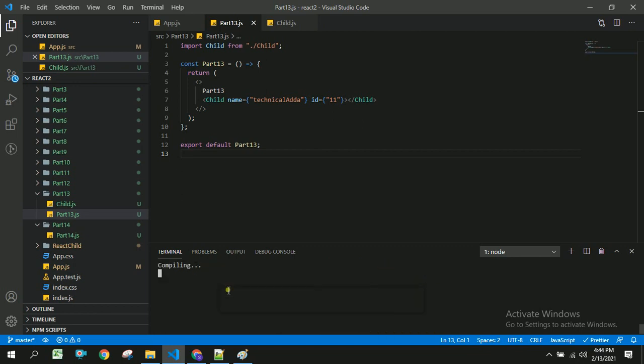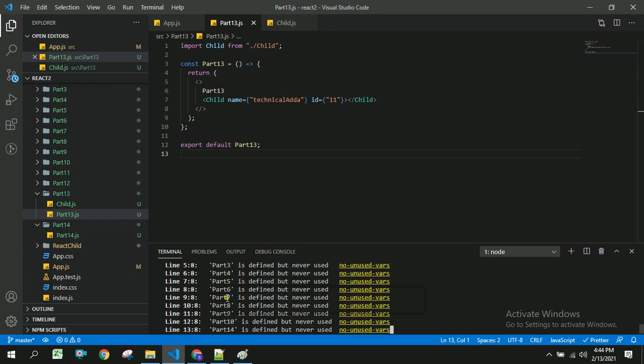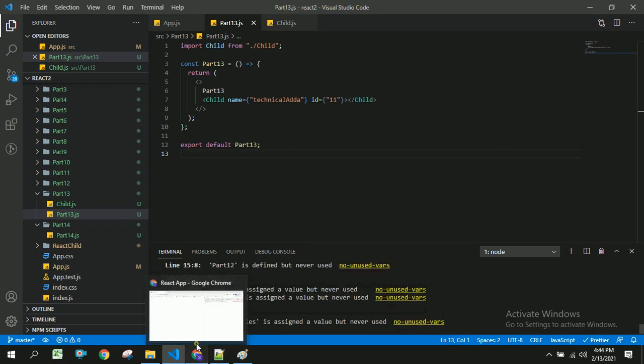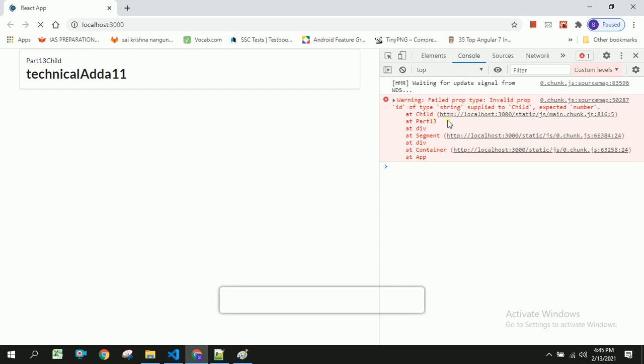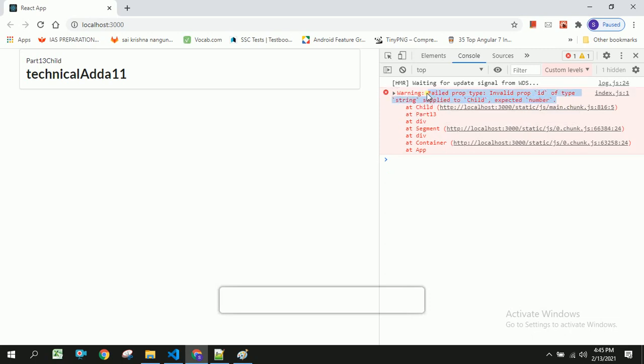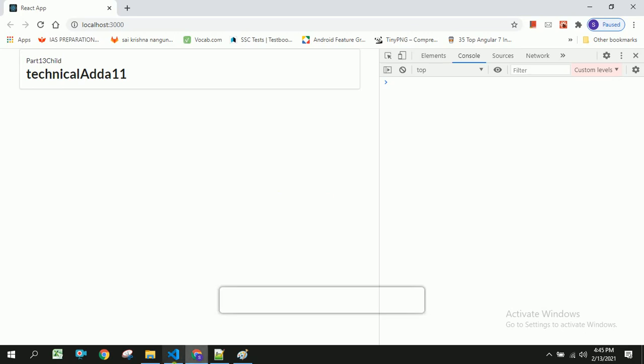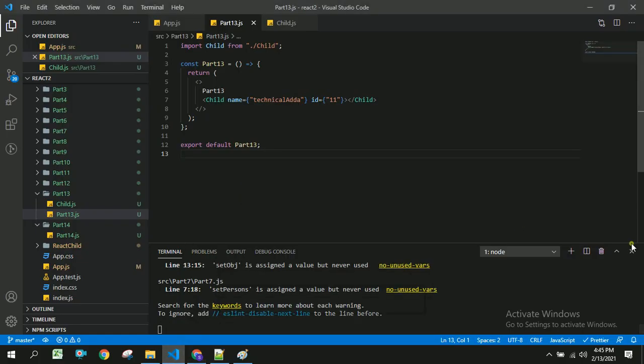It is getting compiled, so let us wait until it gets compiled. We have got this error: invalid prop id of type string supplied to Child, expecting number. This is due to prop types. In this way we can get the validation errors from prop types.